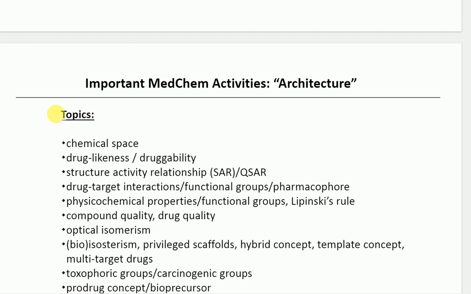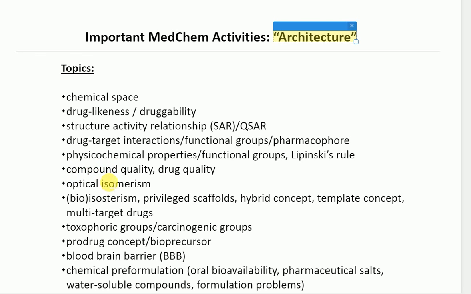So some of the topics for architecture include chemical space, drug likeness, druggability, structure, activity, relationship, SAR, and QSAR, drug target interactions, functional groups, pharmacophore, physiochemical properties, and Lipinski's rule. Compound quality, drug quality, optical isomerism, bioisosterism, privileged scaffolds, hybrid concept, template concept, multi-target drugs,